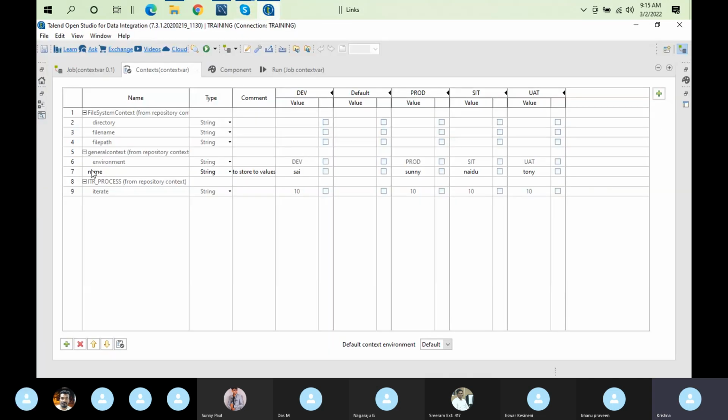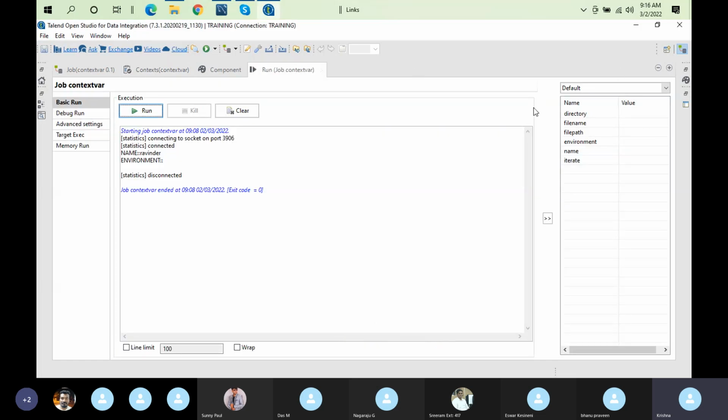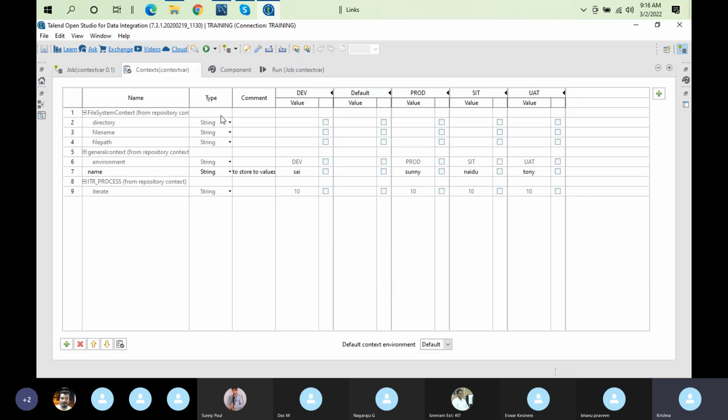So we have seen that value, and whatever environment or situation you want to run, you can select that environment. But I want to pass the value from the Studio at runtime. So how do we pass it, like a command line? We'll see. I don't want to fix the values of anything here. Whenever I run the job, I want to pass the value at runtime, in the sense of while running the job. So you click the run button in the job, and I want to pass